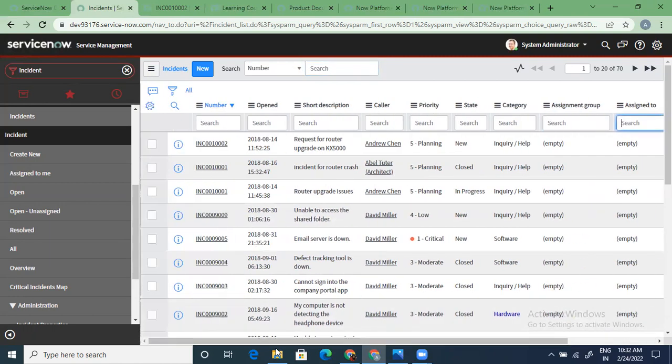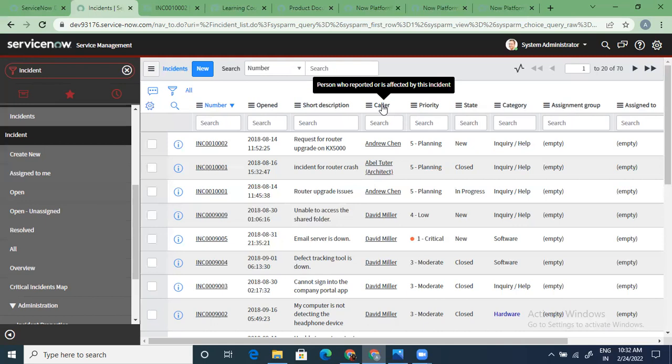Okay. Now this is the first thing. The second thing, very interesting about this view. And I think I told you already about favorites, how to create a favorite from here, right? We clicked here and we created a favorite. That is something you've already learned. Now, a few more interesting things. For example, if you want to do some kind of analysis on this particular list view, how do you do that? For example, if you want to do a grouping by caller,